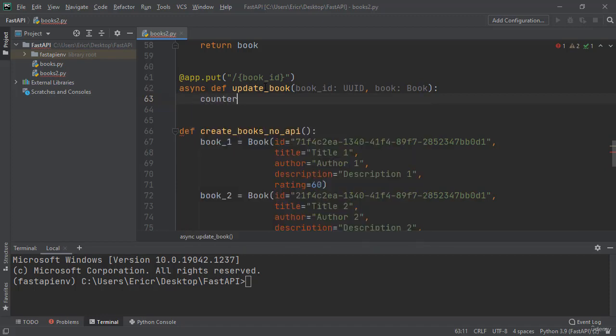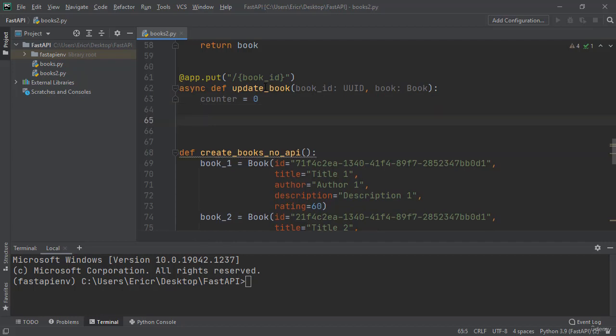And now under update book, I'm going to create a new variable called counter, which is equal to 0. And now under counter, I'm going to have to loop through all the books and find the specific location where x.id is equal to the book ID. And then I need to find out exactly the location, which is going to be counter. So counter is going to keep track of each time we loop through books. And then I'm going to find the location of the books, update that book, and then return the book that we just updated. I'm going to be able to do this by typing in